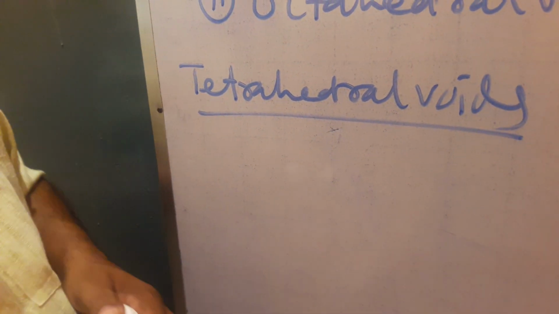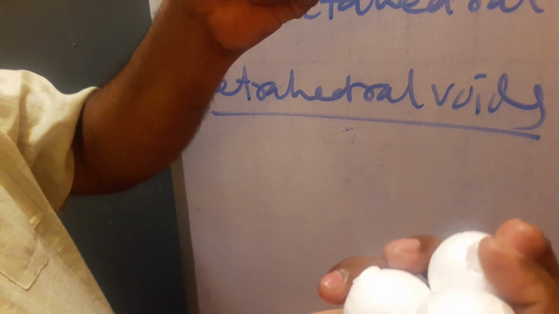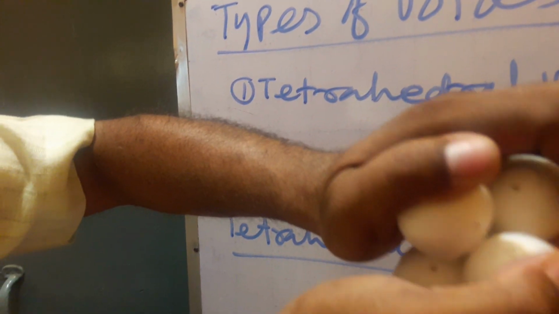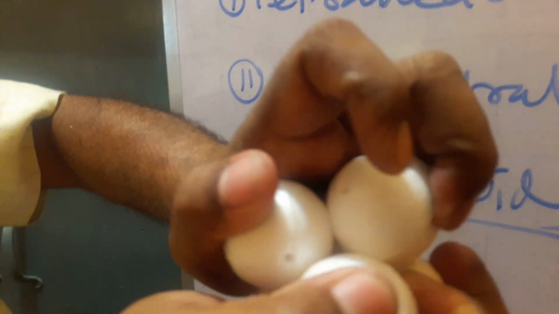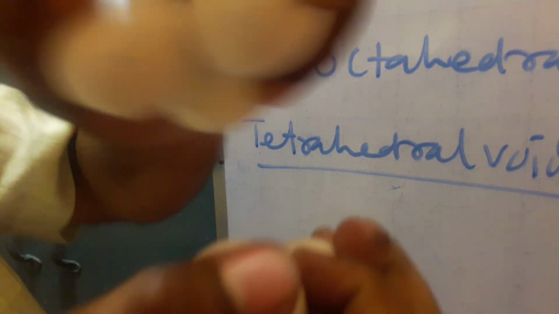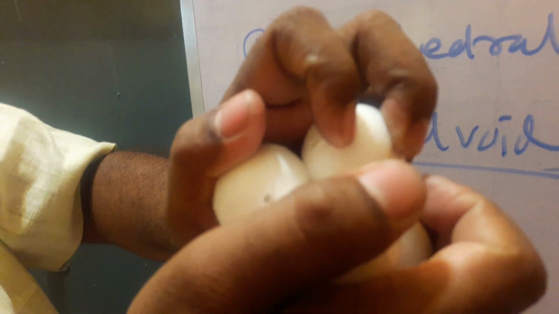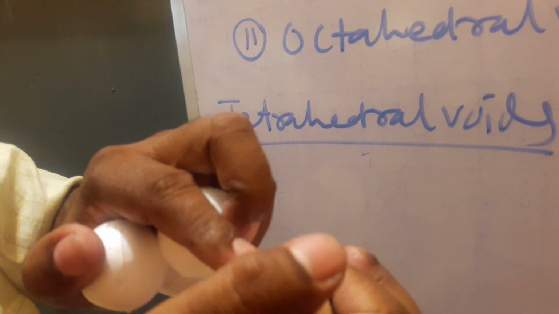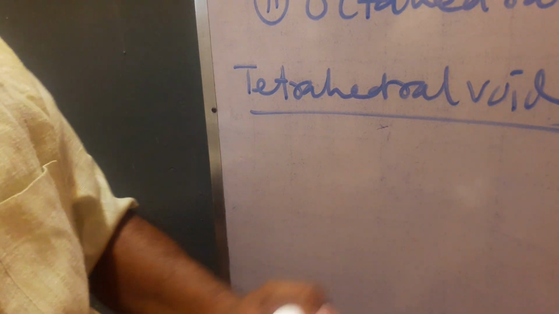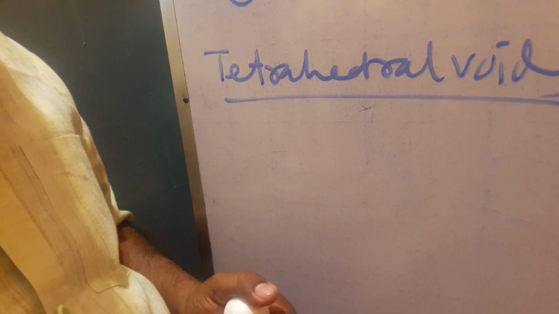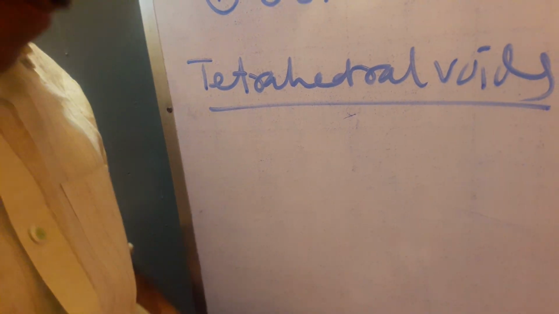Now, in this case, you see, these are the two triangles, one upward and one downward. In this type, the void is formed. This is called an octahedral void. The void formed by 6 touching spheres is called an octahedral void. Here, you see, each sphere is associated with only one octahedral void because it can be either above or below. So the same point cannot be associated with two octahedral voids. The number of octahedral voids is equal to the number of points, but the number of tetrahedral voids is equal to twice the number of points.